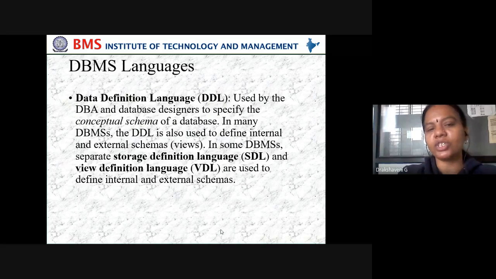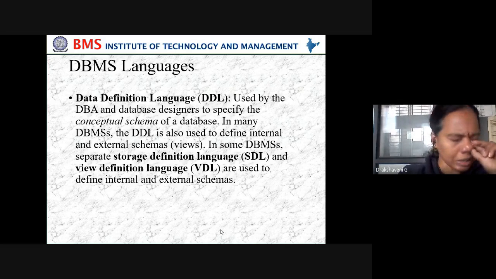Data definition language is used by a DBA and database designer to specify the conceptual schema of the database. In many DBMS, the DDL is also used to define internal and external schemas. In some DBMS, a separate storage definition language, SDL, and view definition language, VDL, are used.